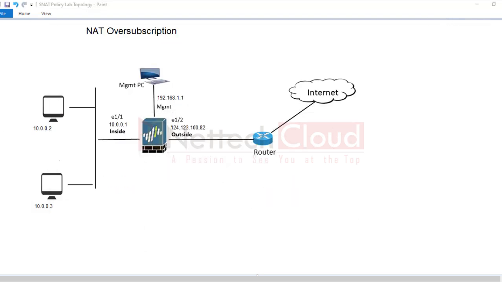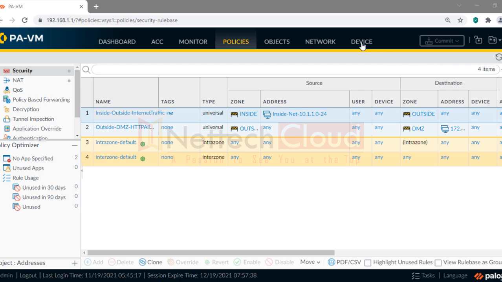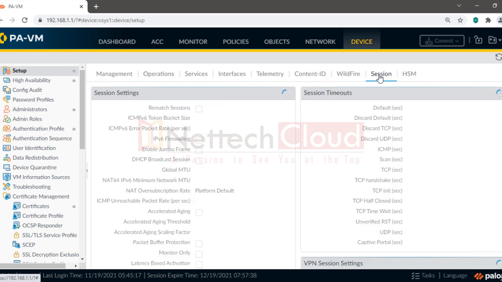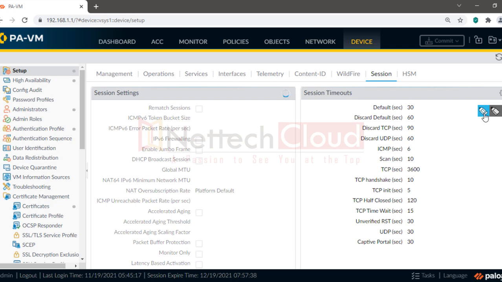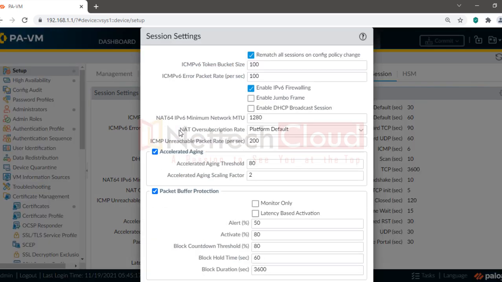Okay. So if you want to change the default oversubscription rate in Palo Alto Firewall, just go to the Palo Alto Firewall web UI page. Go to the Device tab and Session. And look at the option here: the default selection is NAT oversubscription rate, platform default, right? So platform default for VM series firewall is an oversubscription rate of 2, right? So if we want to change the NAT oversubscription rate, click here on the gear symbol, and the NAT oversubscription rate